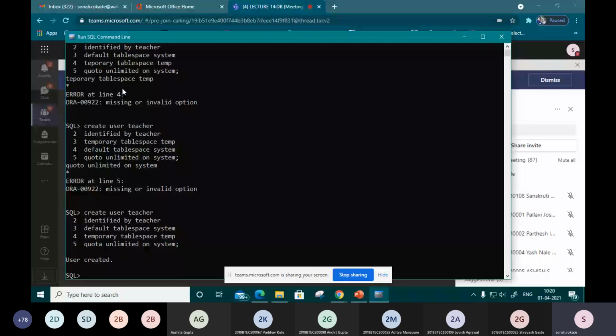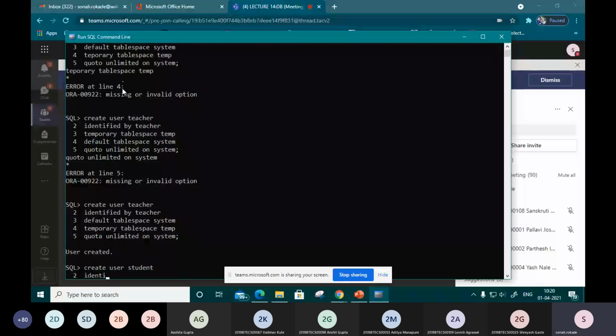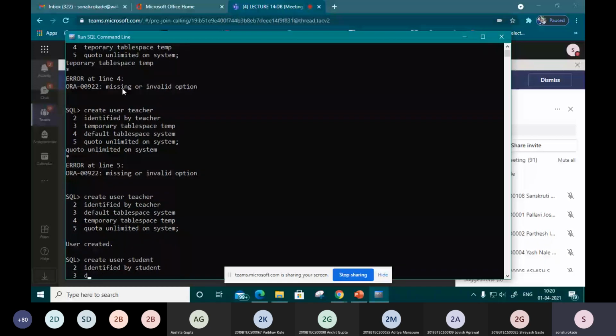Now we have to create a second user, so we will create that user with the create command. Create user student identified by password student. We are using default tablespace system.